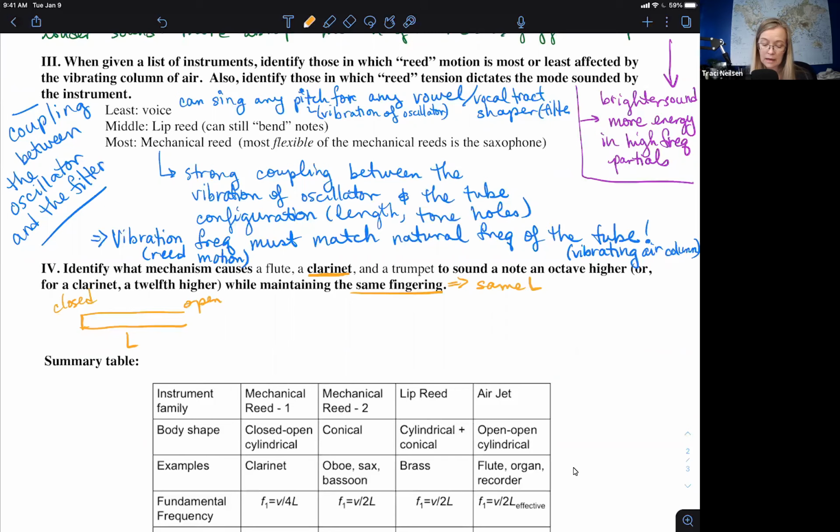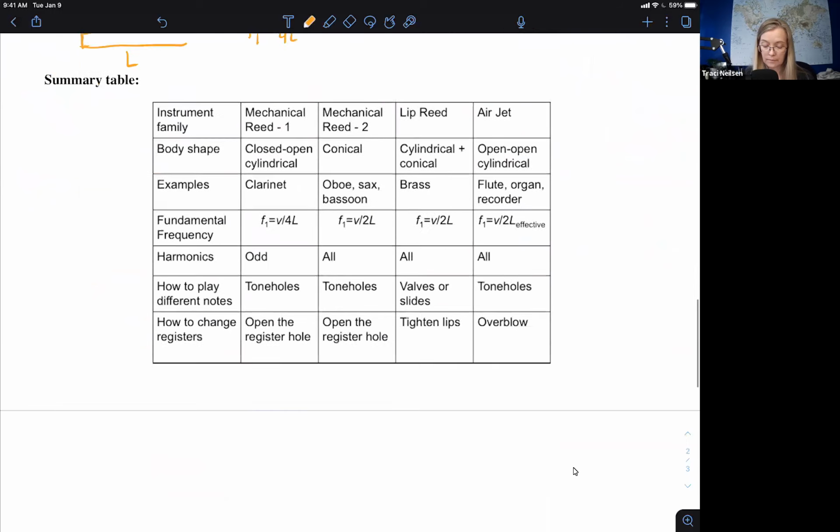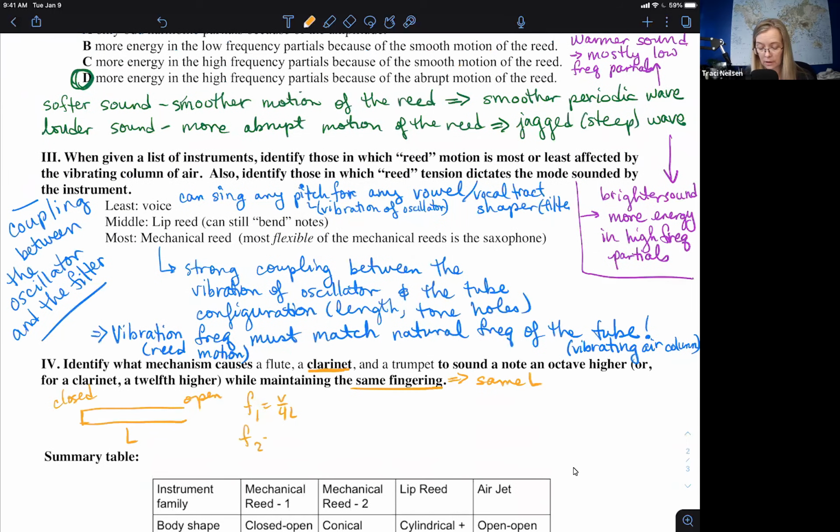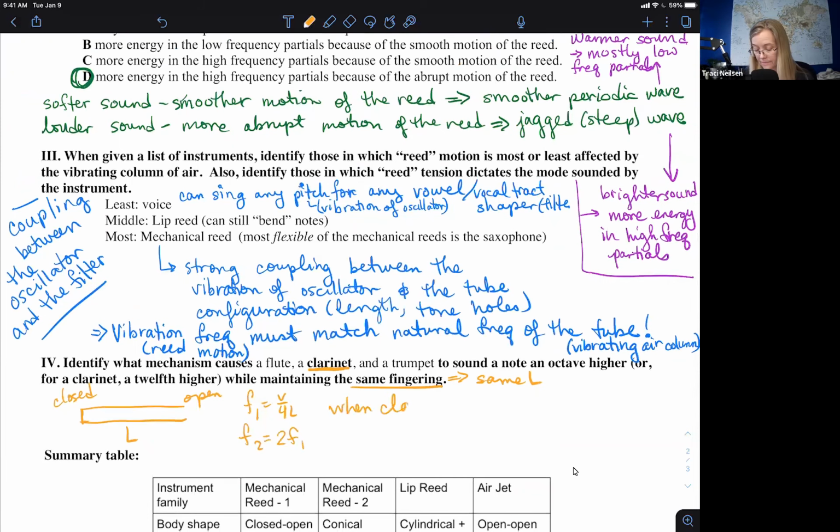And then to have that same length play a higher note. Okay, so we have again, F1 is V over 4L, and then F2, the second natural frequency of the tube, is 3F1. Okay, so when the clarinetist opens the register key, meaning they push down on the key and open the register hole,